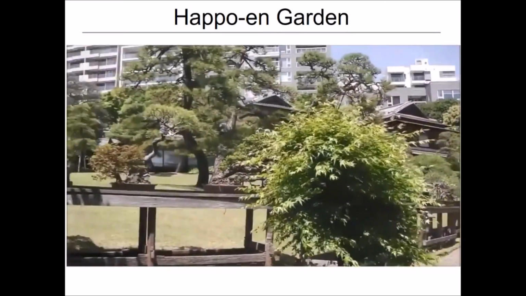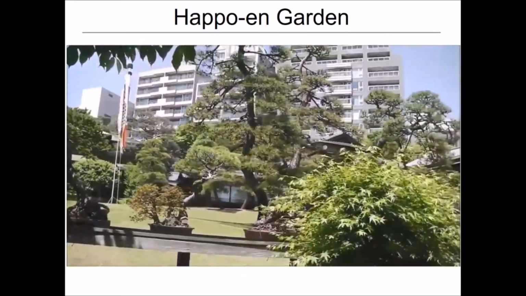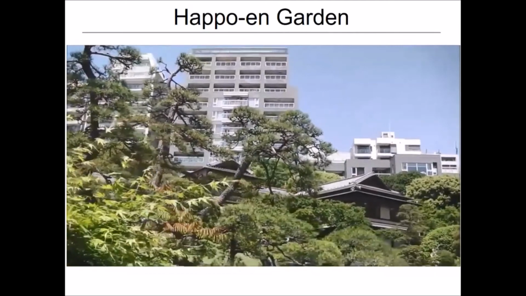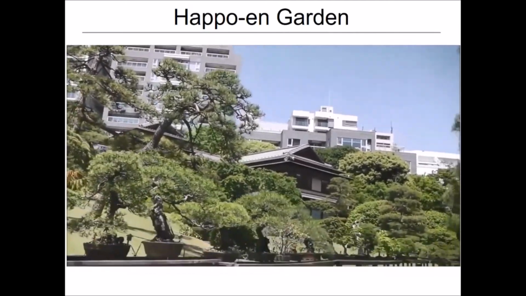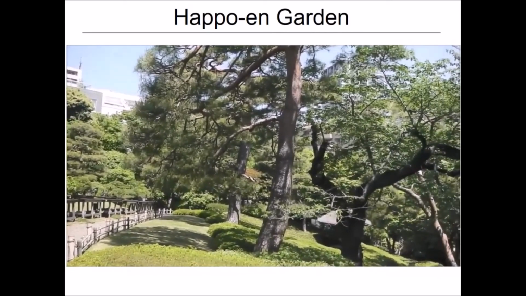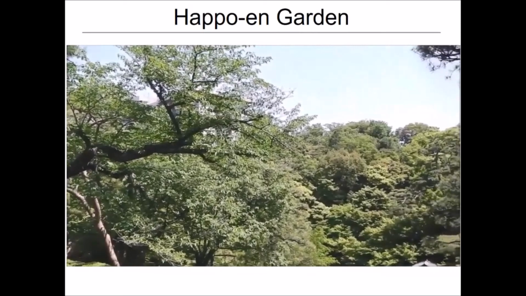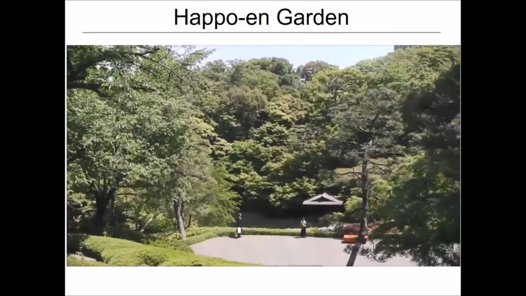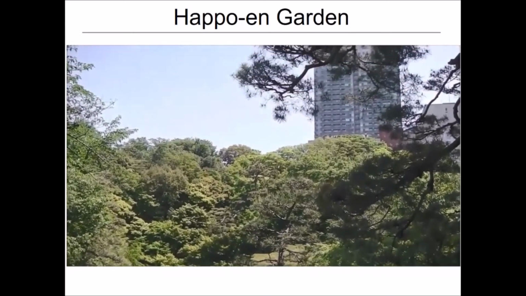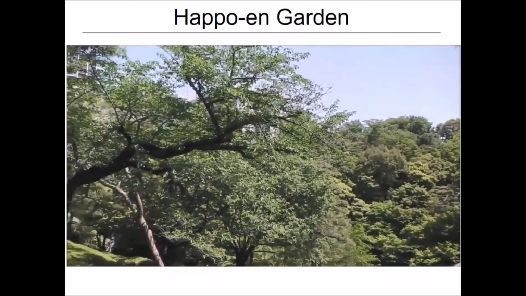After some walk, we arrived at the area where a lot of bonsai trees are displayed. Trees, mainly pine trees and Japanese maple. It is hard to believe this is the middle of Tokyo.